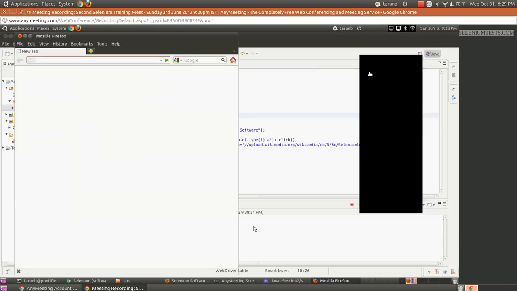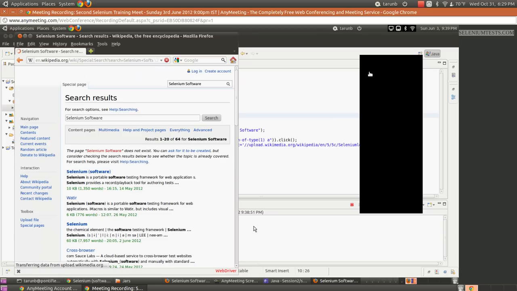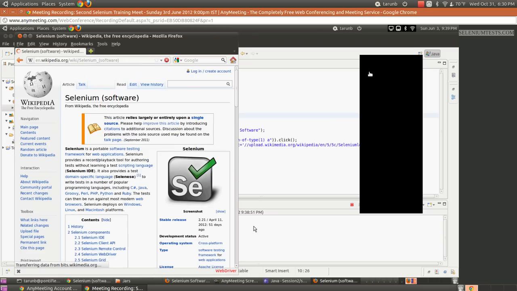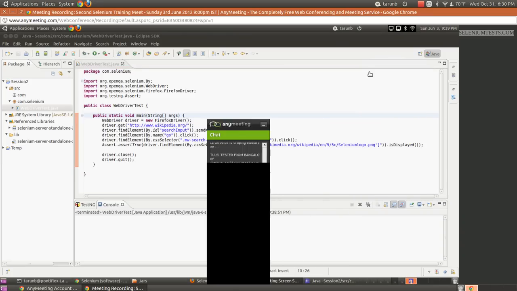Okay, so Tulsi, what I have done is I kept a check over the search result page which we have. In fact, after the search result page, when we click on the first link, we have the Selenium page coming up, which is happening right now. So there is a Selenium logo there. So I just kept a check there. So if you see the third last line here,